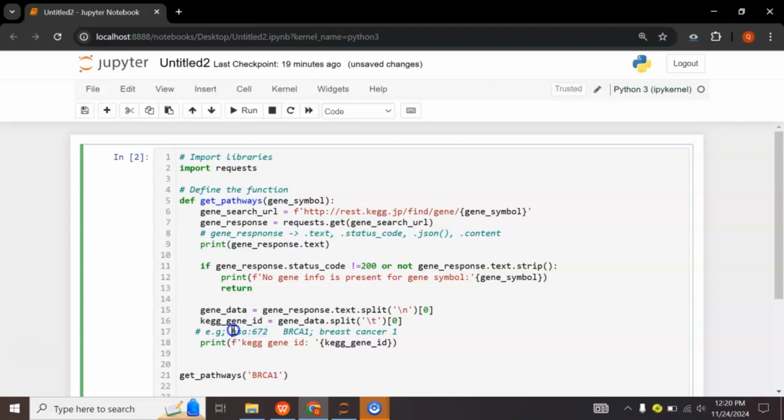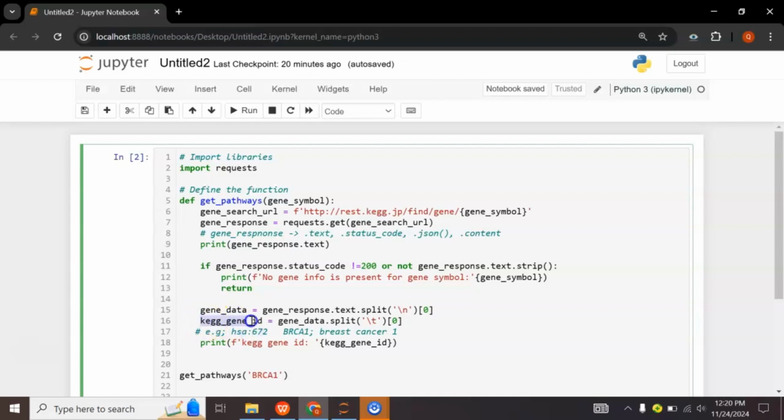This shows the ID for our gene symbol, and this is the full name of our gene. Here HSA represents that this gene belongs to Homo sapiens, and this is the unique identifier that is assigned to this gene symbol in order to differentiate it from other genes belonging to the same species or other species. So here we will separate it by tab and store the 0th position value, that is HSA 672,